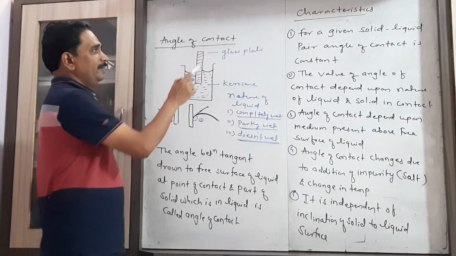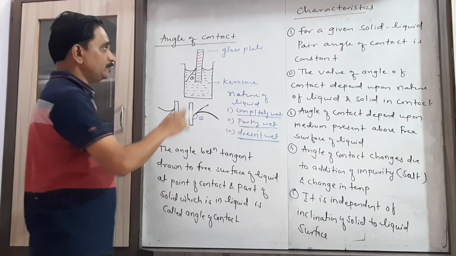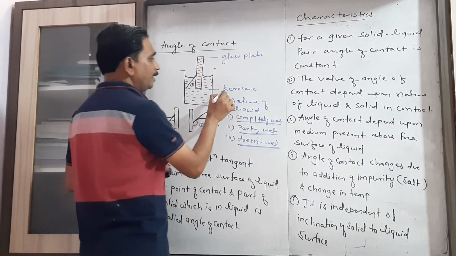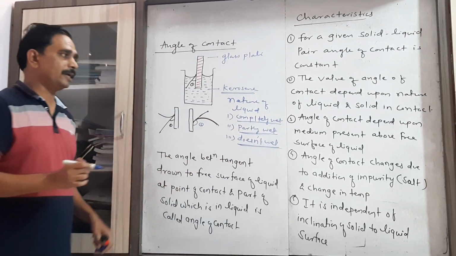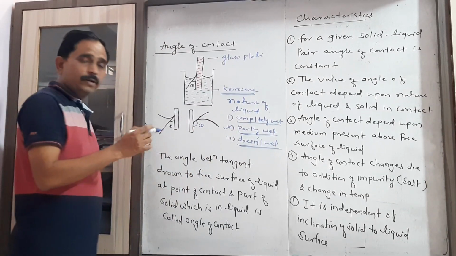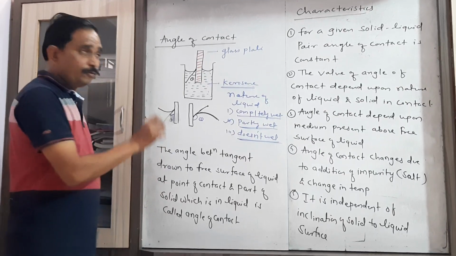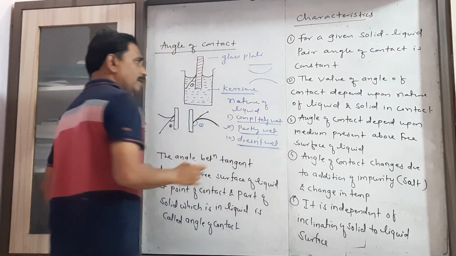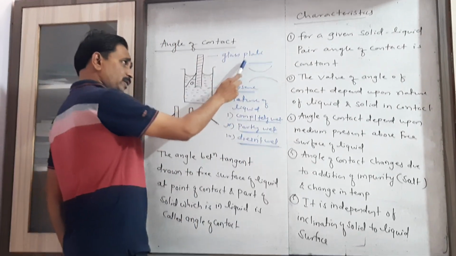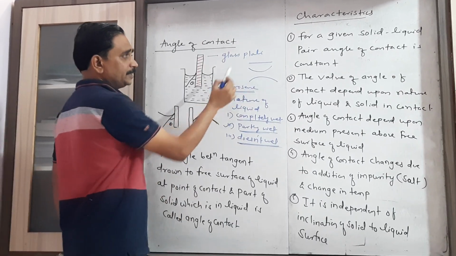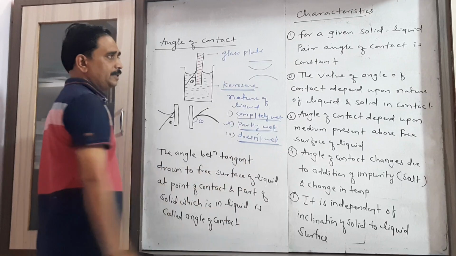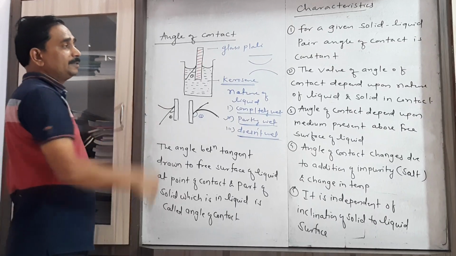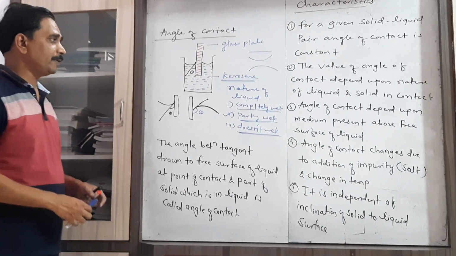Now here when this glass plate is dipped vertically in a liquid which is taken in a container, suppose this liquid is kerosene, which means it partially wets. Now depending upon the nature, we have the shape of the free surface. It is horizontal or concave or convex. This surface is called horizontal or plane. This surface is called concave, and this surface is called convex. Now we have to discuss later on the cause of these three shapes of the free surface of liquid.